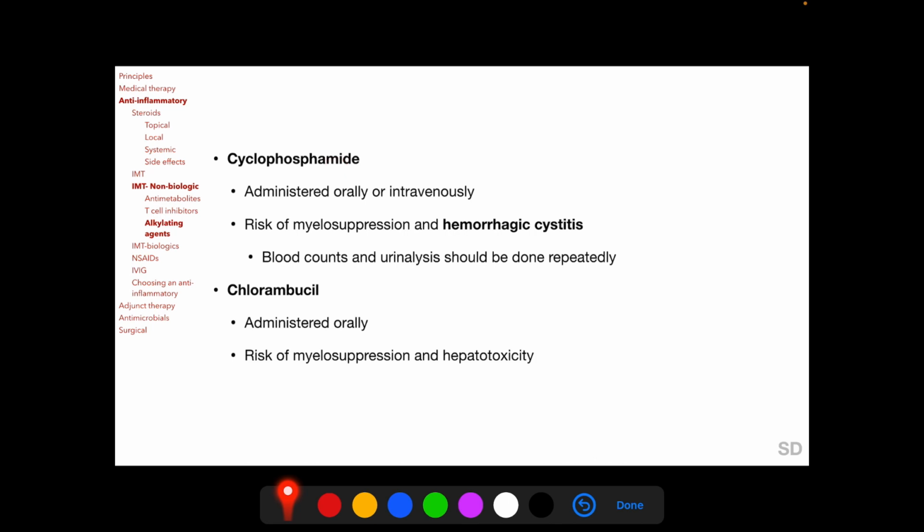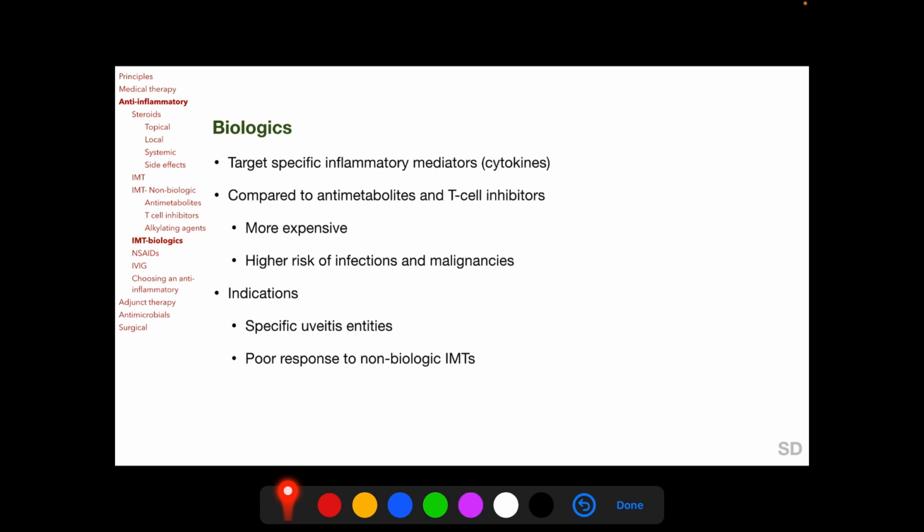Cyclophosphamide can be administered orally or intravenously, and along with myelosuppression, hemorrhagic cystitis is an important side effect of cyclophosphamide, so blood counts and urine analysis should be done repeatedly. Chlorambucil needs to be administered orally, and it has its risks of myelosuppression and hepatotoxicity. Coming to biologics, they target specific inflammatory mediators, particularly cytokines, and compared to antimetabolites and T-cell inhibitors, they are more